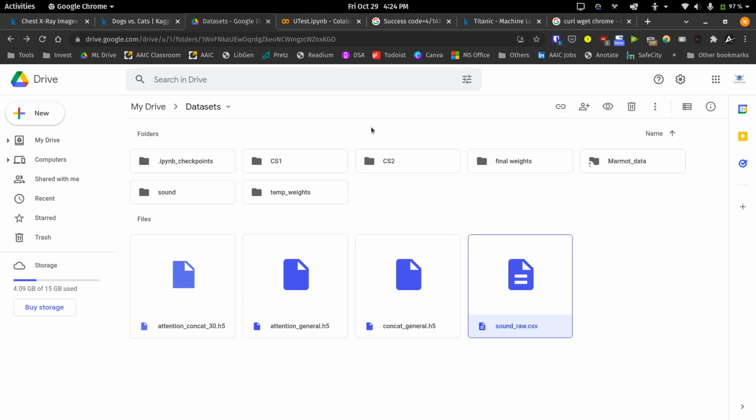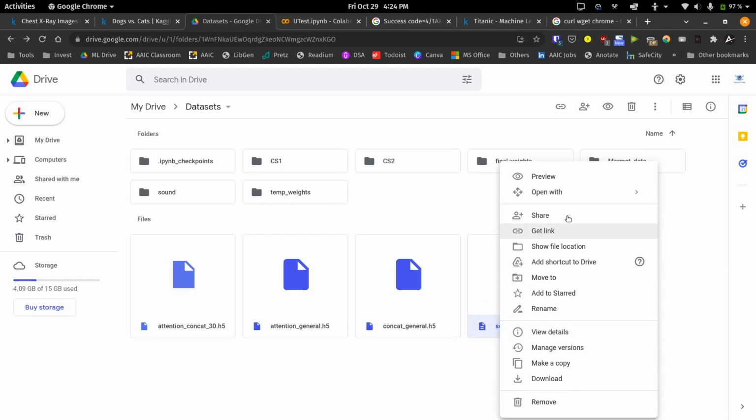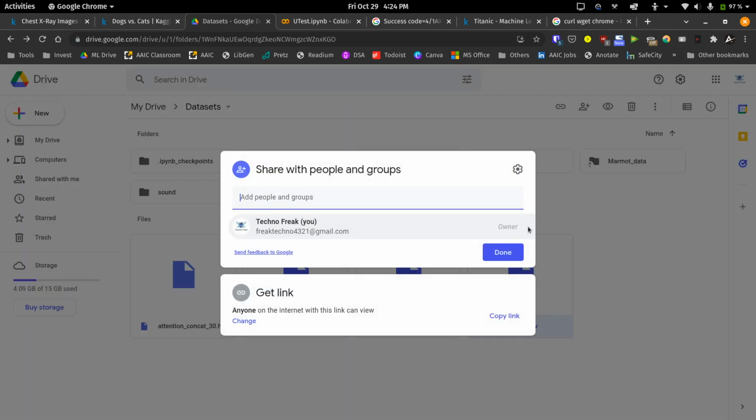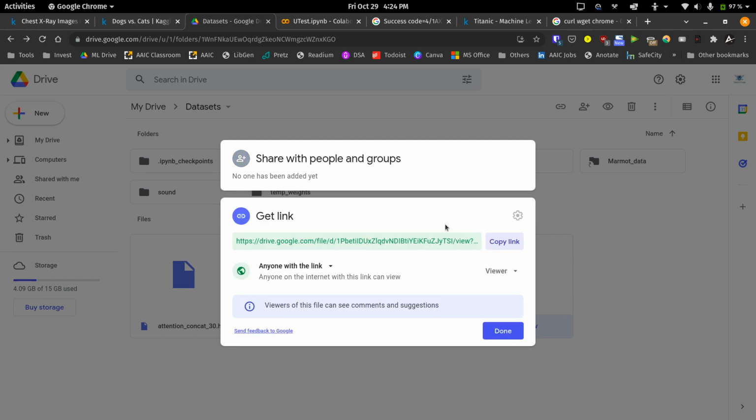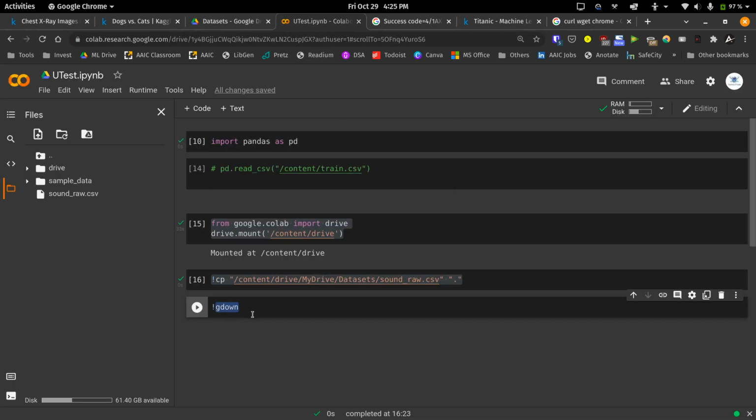So I'll just show it to you. So all these files, when you right click any file and click on share, get link, or you click on share, you get the option here to change who can access these files. So to use gdown, you need to make sure that it is set to anyone with a link. This is the prerequisite. So if you want to use gdown, you just make whatever file you want to be public. You copy the link here, okay, and I'll paste the link here.